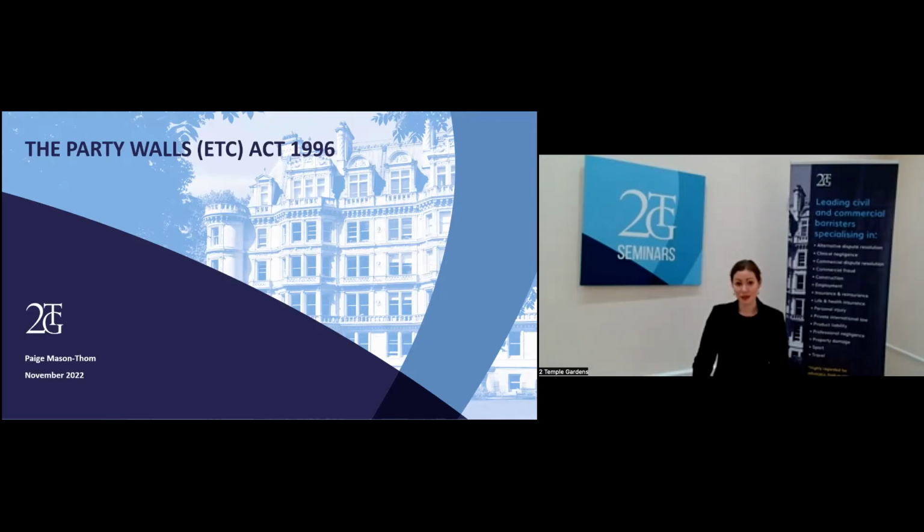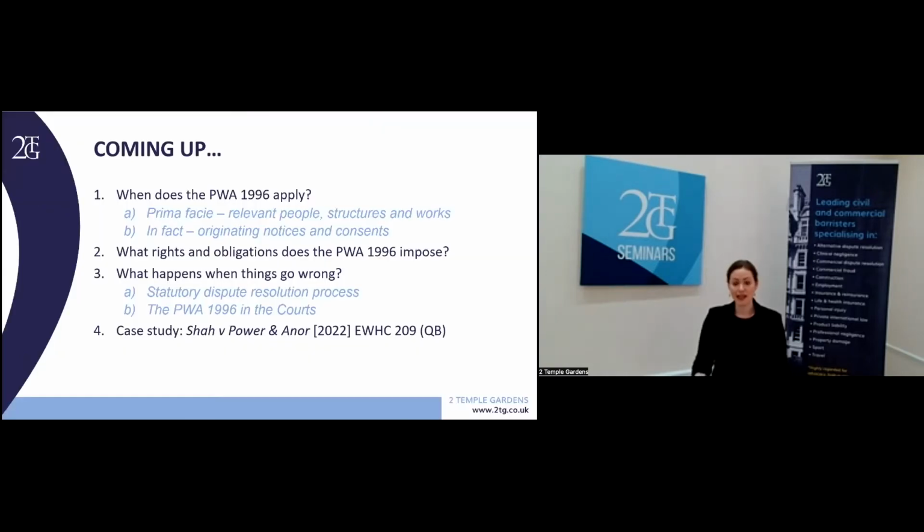But the specific and the nuanced is not much use without an understanding of the general. And so we'll first spend a small amount of time looking at the context in which the Act operates and the requirements which must be met before it applies. So, taking that approach, we will first canter through the threshold requirements for the application of the Party Walls Act. Then we'll have a look at one specific right provided for in the Act, which forms the basis of many of the reported cases, namely the adjoining owner's right to compensation from the building owner for damage caused to their